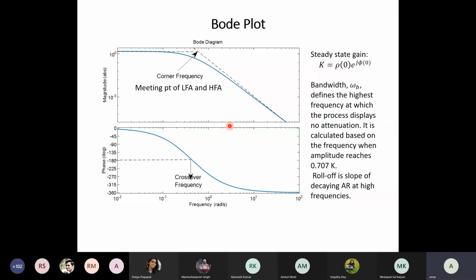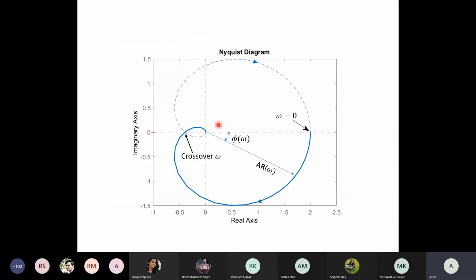Next, I'll come to the Nyquist diagram. In the Nyquist diagram, we are basically plotting the imaginary content of the transfer function with the real content, as the omega is varying from 0 to some high values. So for a typical Nyquist plot, we started from here, omega 0, and then it goes there and goes over here. So when it crosses this 0 here, then it's basically called the crossover frequency and it will go back again to this value.